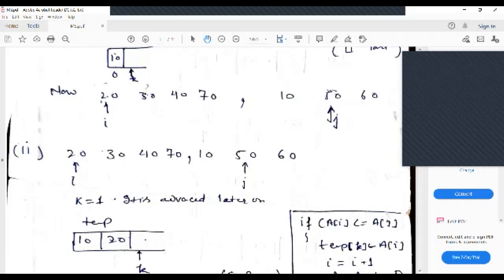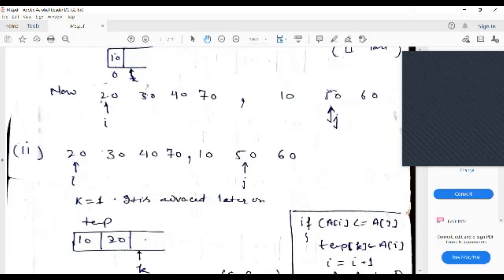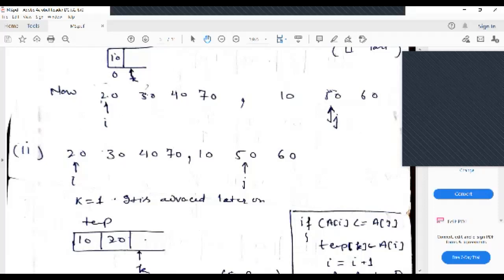Yes, sir. बिल्कुल सही, गुड। ठीक है, जिन लोगों को नहीं समझ में आ रहा है काइंडली गो थ्रू, जस्ट ट्राई टू अंडरस्टैंड द लॉजिक, ठीक है, हाउ इट इज बीइंग एग्जीक्यूटेड। ठीक है, सो नाउ AI is less than or equal to AJ, no, else case होगा ना, because 70 is greater than 50. So put AJ to the temporary memory and increment J to J+1, that is 60.